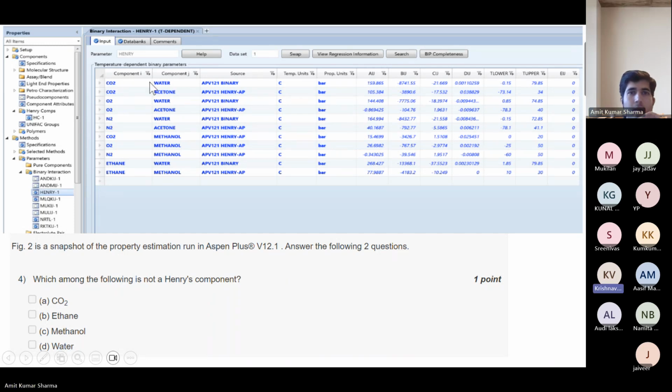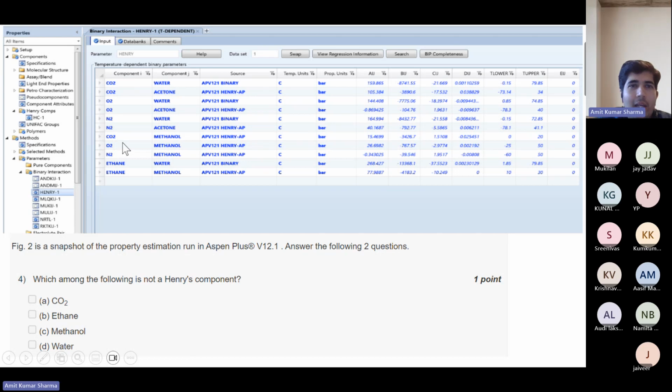So that third column, the source. Okay. So what we have given here? Binary. Okay. But which one are you choosing?